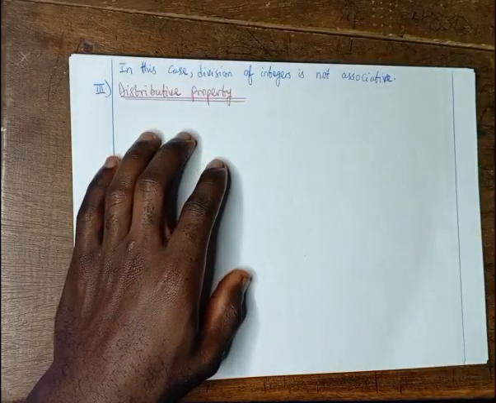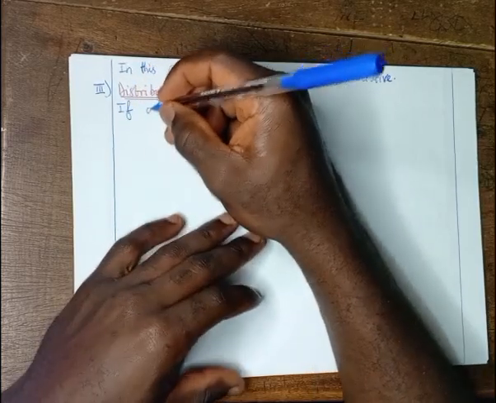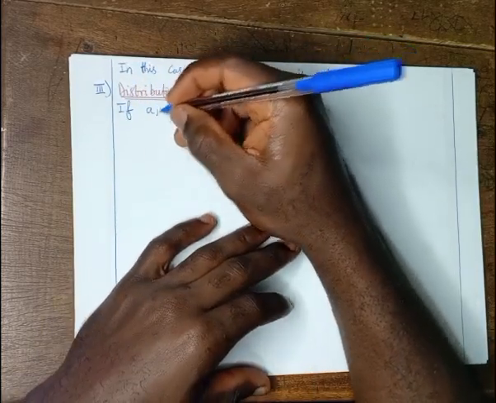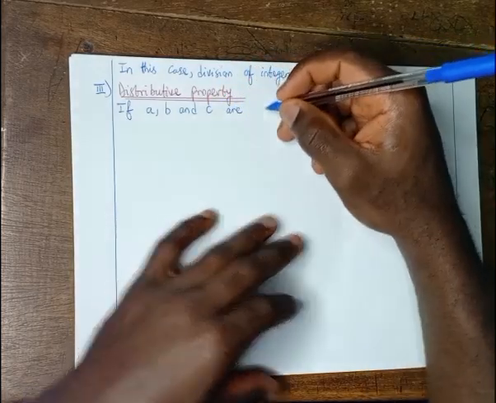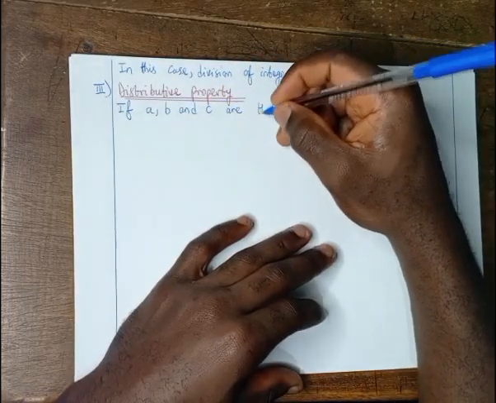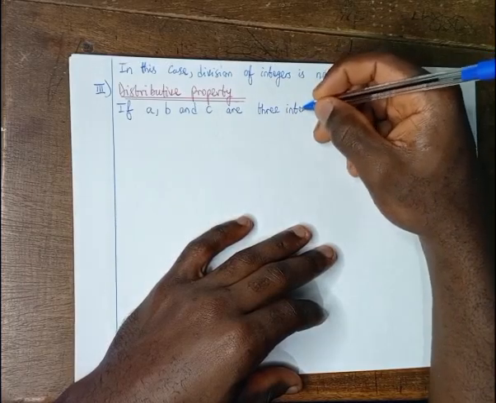So the distributive property, if A, B, and C are three integers,